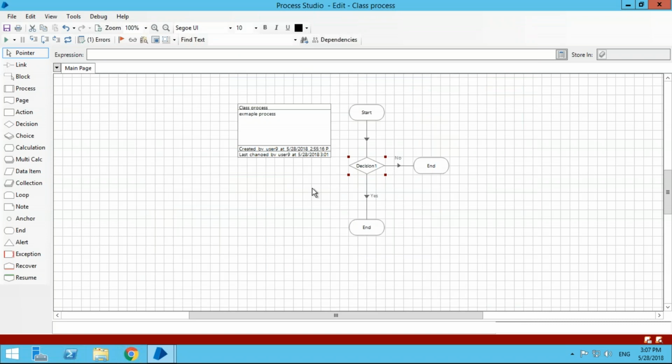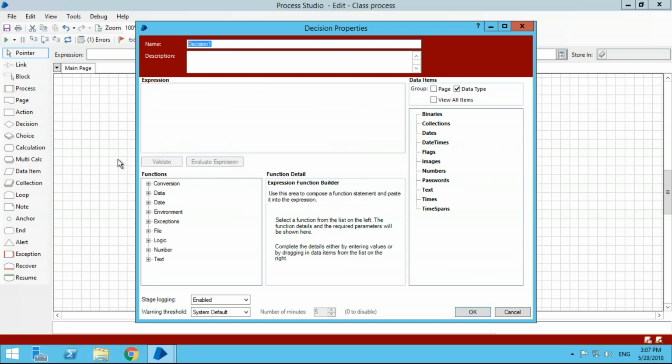Now, one thing I recommend you do: every time you put a new stage into your diagram, always name it. Don't just leave the default names in there, because that doesn't help make it clear what it is and what it's actually doing. So in this decision, let's say I want to ask, does 1 plus 1, no, I want a yes or no question. Any ideas, guys? Any yes, no questions? Do I like ice cream? When I don't have any ideas, this is what I use. Do I like ice cream?